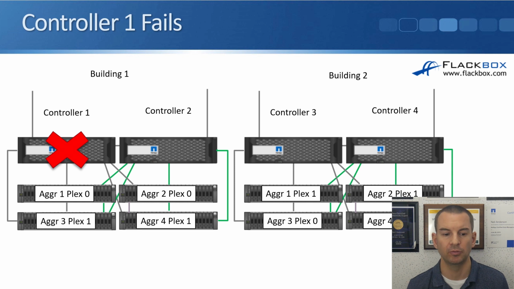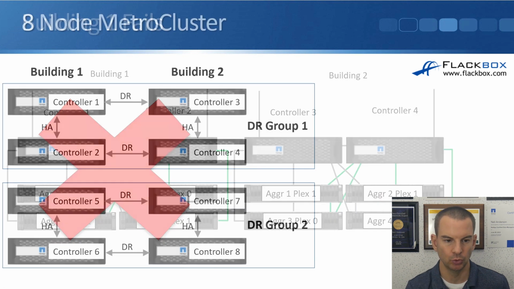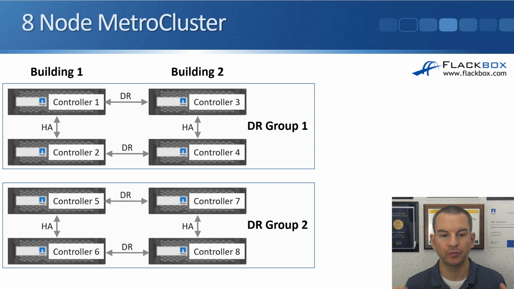So looking at what happens if we have a failure, if controller 1 fails, just a single controller, that is going to fail over to controller 2. Controller 2 will temporarily take ownership of aggregate 1 in addition to its own aggregate of aggregate 2. Okay, so that's if a single controller fails. If the entire building goes down, then building 2 will take over, and you can see that we've got a copy of aggregates 1, 2, 3, and 4 in building 2. Okay, so that was 4-node